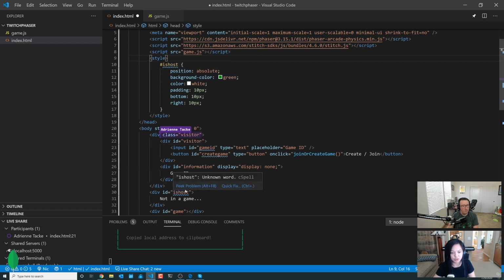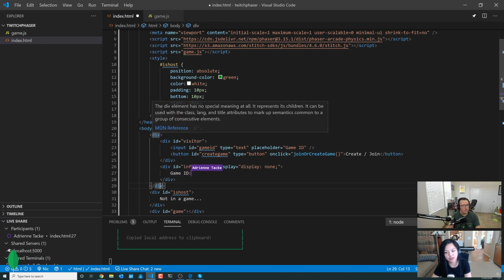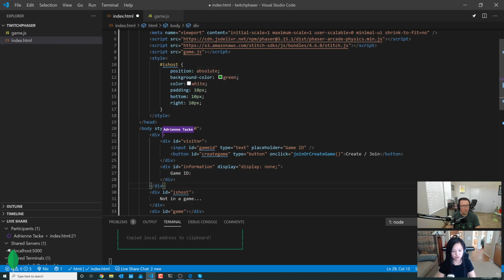Right, but we want to do it to the outer div, right? I mean, there's multiple ways we can do this. Yeah. Do we want to call it something else then? Visitor. I'm terrible with naming. I'm just gonna be like visitor container. You're gonna style the direct visitor div or the div outside it? Because we want this information as well, right? Let's style line 21. Okay. Cool. I think just giving it an absolute position and a background color would do it.